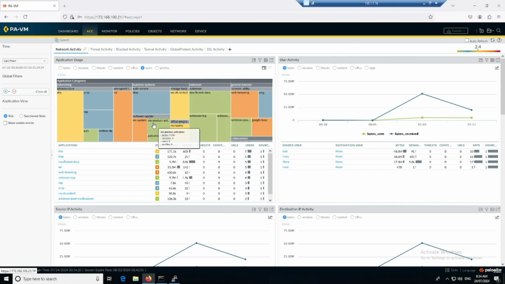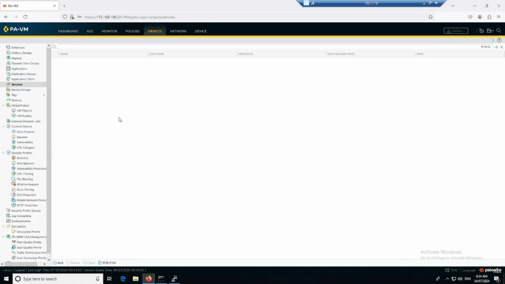Okay, Palo Alto update, software, LDAP, infrastructure, DNS, software certificate, online query, NTP. Okay, so these are the different categories of the application. Because in the application ID that are predefined, so if we go back to objects, applications,